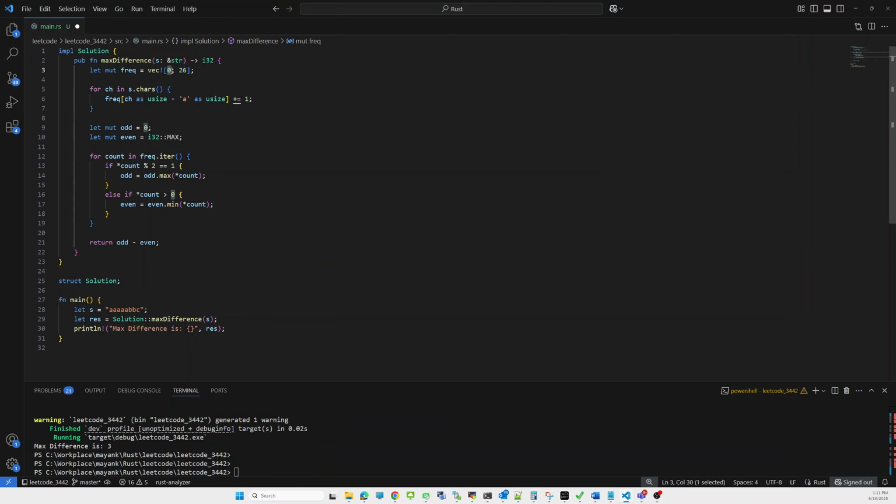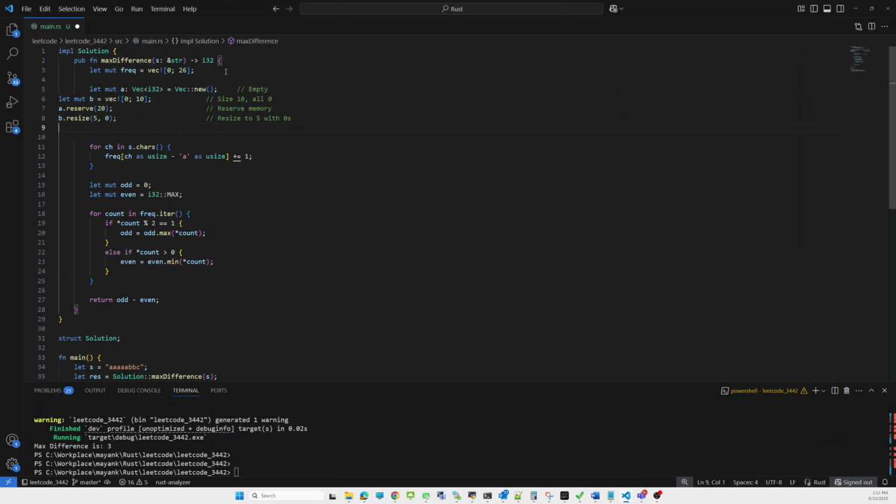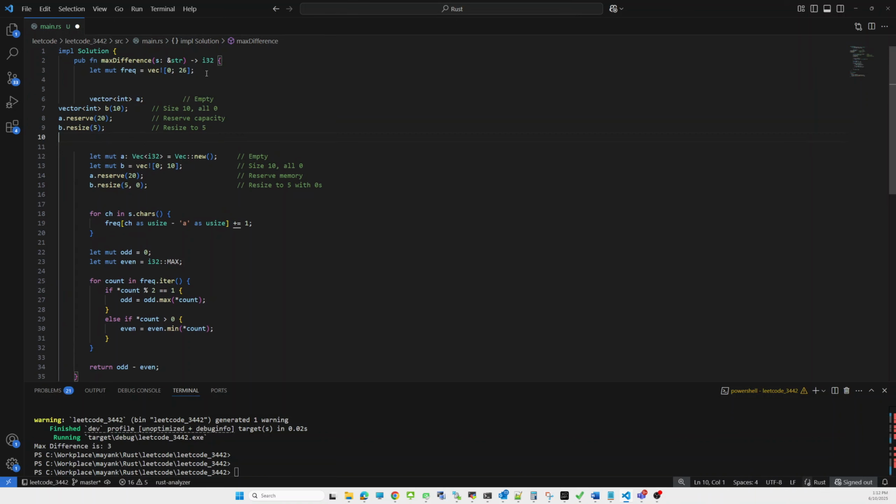I am creating a vector of size 26 and initializing it with 0 values. There are some more definitions for creating a vector, so let me give you a brief idea of the syntax, and the corresponding syntax so that we can compare both the C++ concept and the Rust concept.